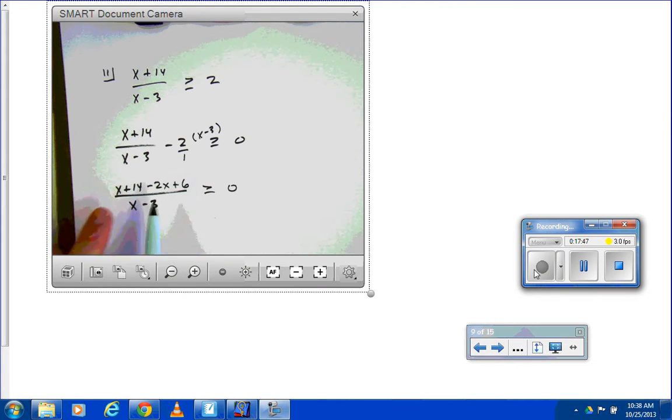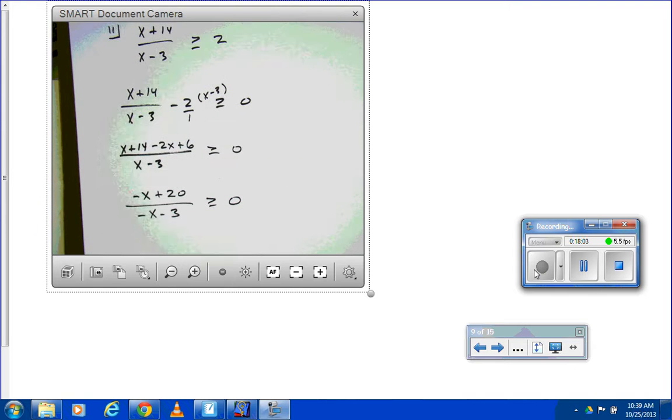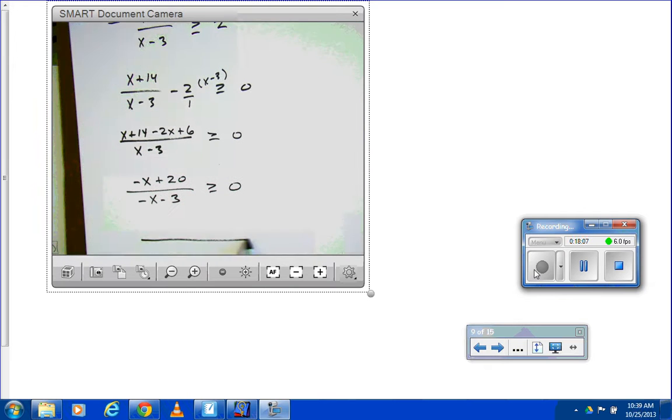Now let's clean it up. x minus 2x would be negative x, and then 14 and 6 is 20. Now this one, we don't know how to graph, so we plot and guess and check on our number line. So our critical points,